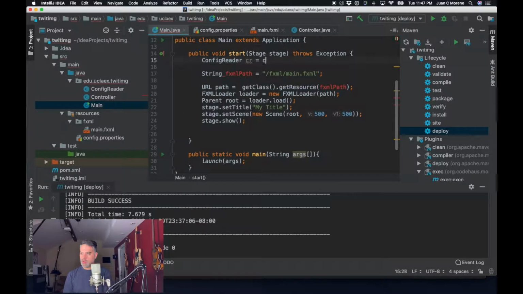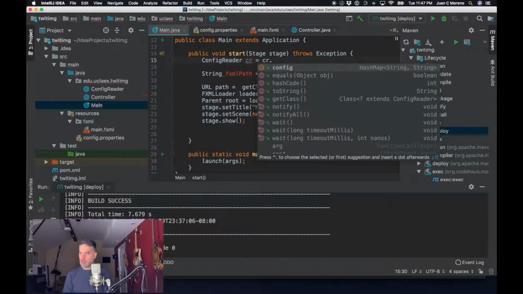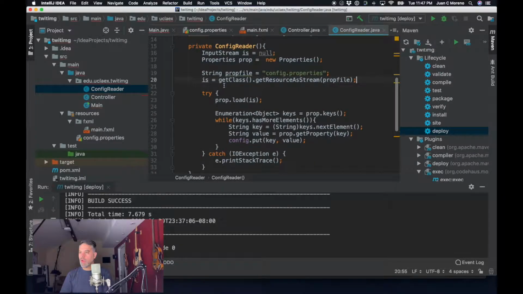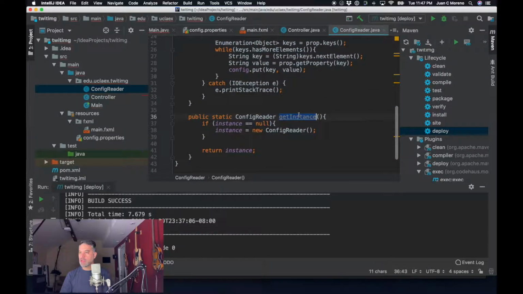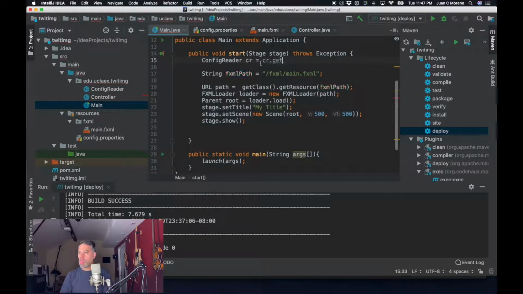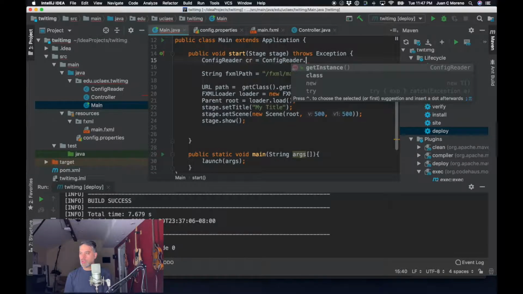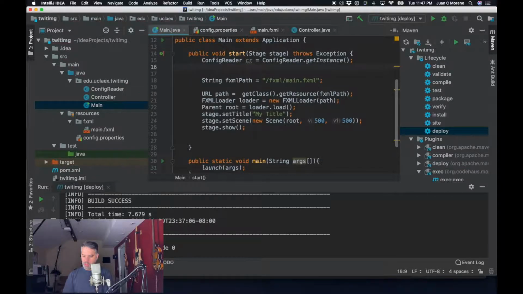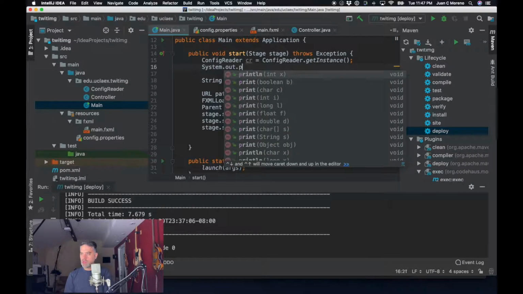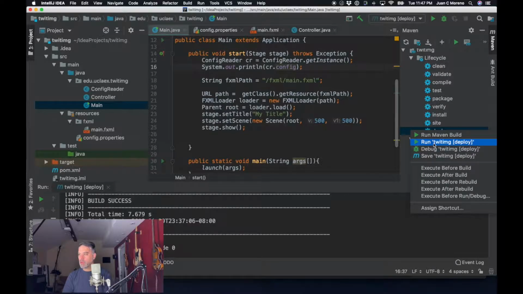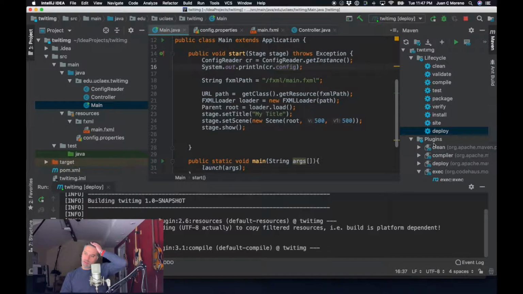cr equals cr dot get... what is it called in this method? Get instance. Config reader get instance, and then System.out.println. We're gonna just verify that our config, that our hash map, is being read properly. So we're gonna run it,